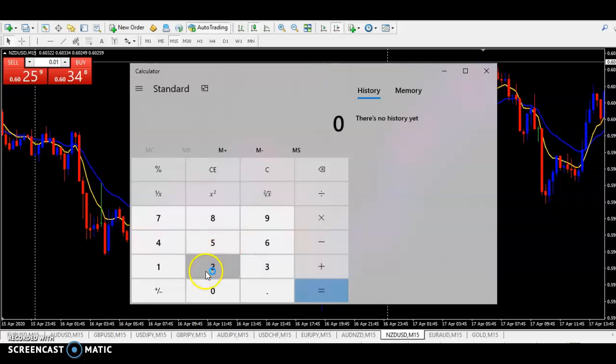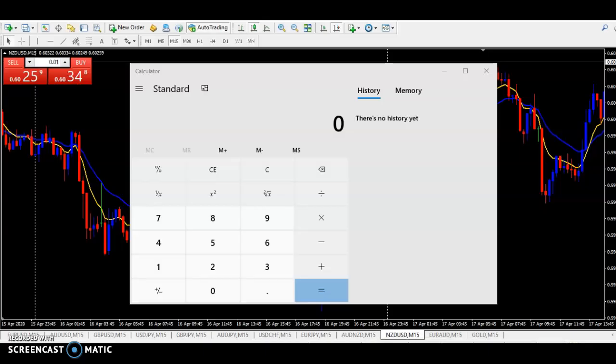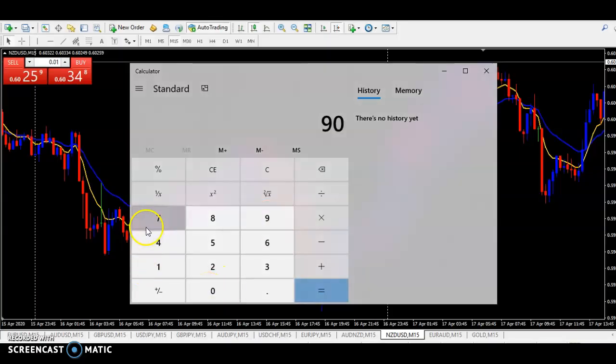And let's just say that thing annoys me. Let's just say you make around $1 a pip, maybe. Will we say $1 a pip? Alright, we'll make it easy and say $1 a pip. So we made $90 from those trades, and